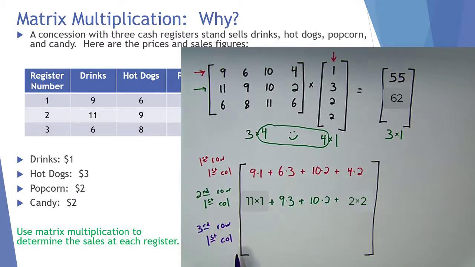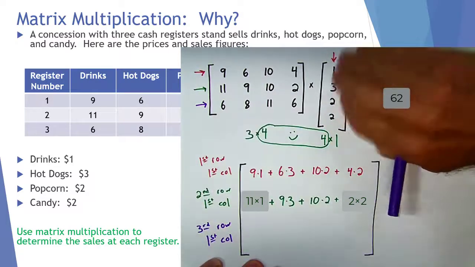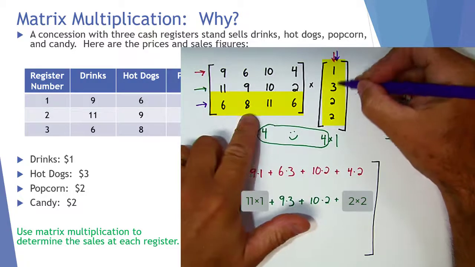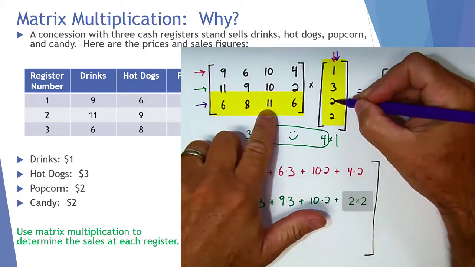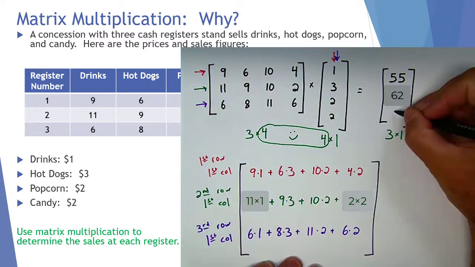To get our third row, first column entry, we're going to find the dot product of our third row and our first and only column. So that's going to be 6 times 1, 8 times 3, 11 times 6, and 6 times 2. 6 plus 24 plus 22 plus 12 gives us